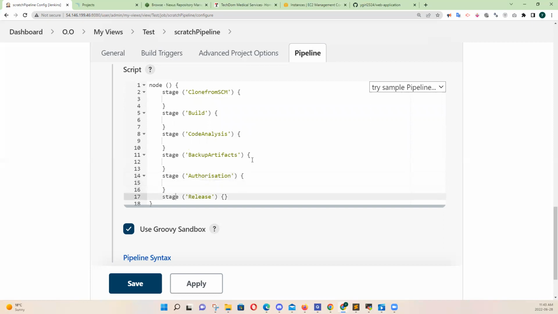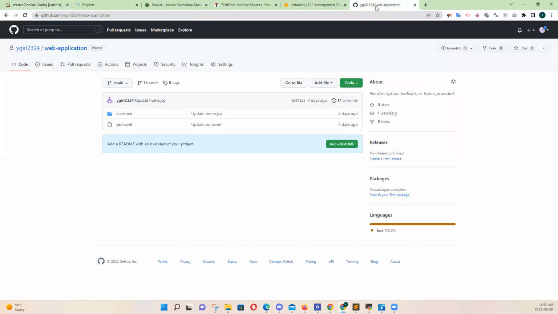Okay, so we want to use what you are familiar with to generate all the builds. Now we've done all of this. So let's start from the top. When we want to clone from the source code manager, which is GitHub that we have here, this private repository is what we want to clone. You want to copy it, then go back to